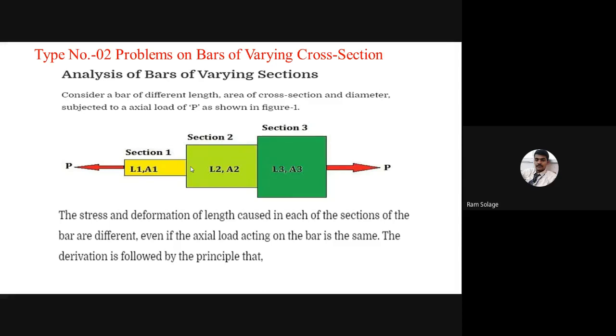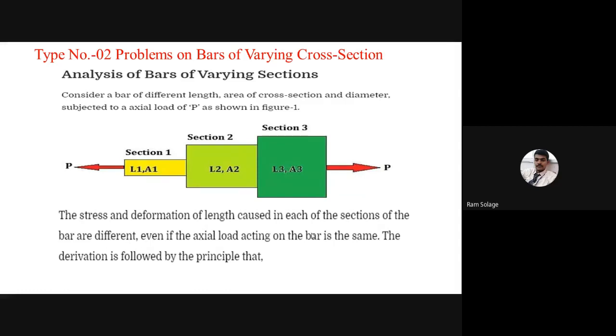How to solve the problems? The output in this problem, what is the output, which parameter we have to calculate. With this formula, or with this type, we can calculate the sigma, that is the stress, strain, and elongation, or sometimes the extension is given. Means what? In chapter number 1, type number 1, type number 2, type number 3, type number 4, a number of types are there. In every type we have to calculate the sigma, that is the stress, that is the strain, and elongation of the rod. But in problem number 1, we have just calculated sigma.